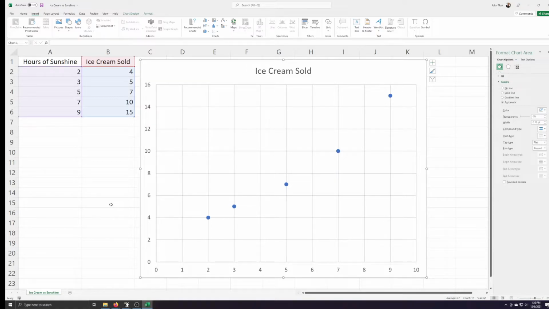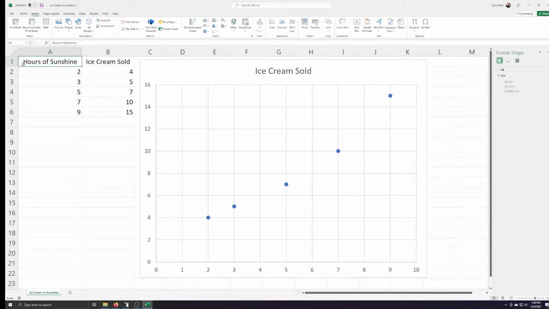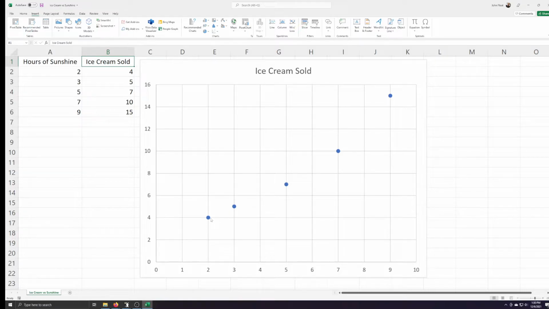So here's a scatter plot. Now, remember, the hours of sunshine is going to be our x variable. The ice cream sold is our y variable. So we have those axes respectively here, okay? And if you look at these points, they kind of look like a straight line, but they're